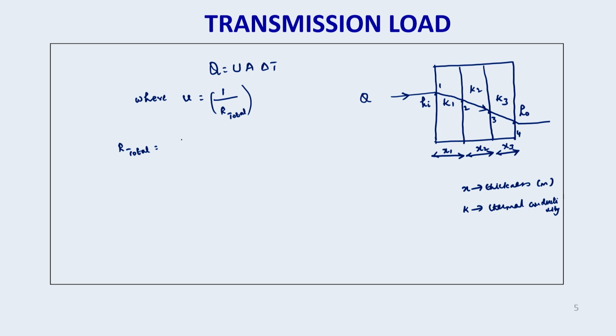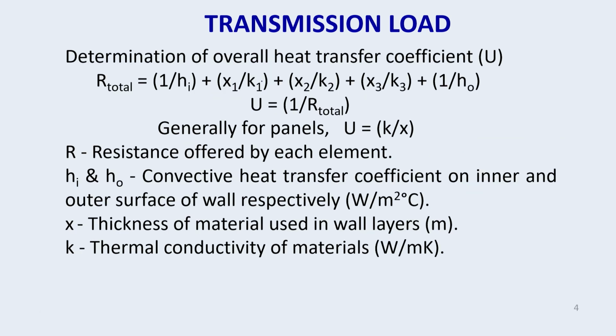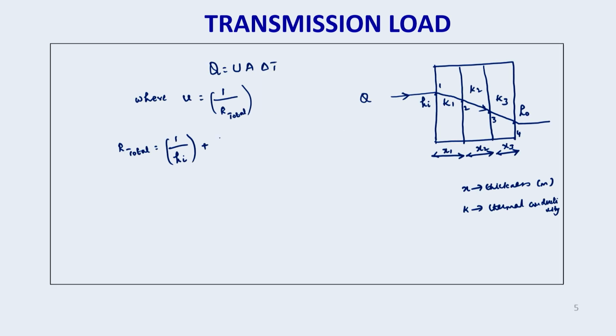So first I will write the resistance for convection on the inner side, that is 1 by Hi, plus the thickness. If you take layer 1 or wall 1, thickness is X1, thermal conductivity is K1. So that's what I have written here: X1 by K1. This is conduction, plus